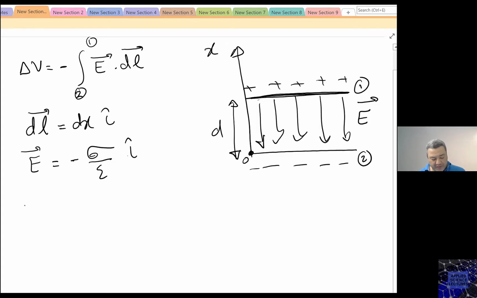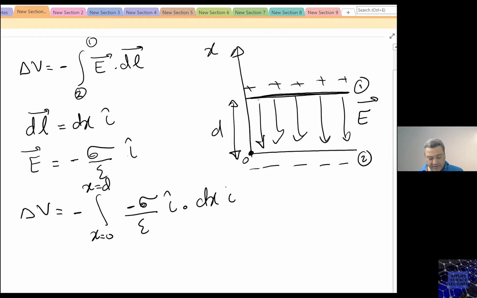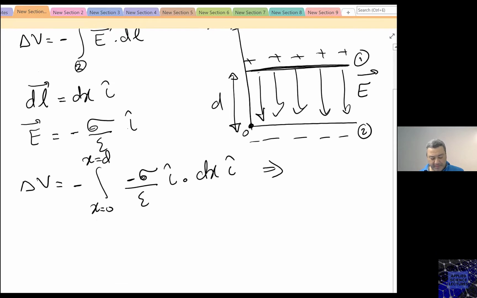So if I am now to calculate the potential difference, it will be from x equals 0 to x equals d for electric field as minus sigma divided by epsilon I hat dot dx I hat,